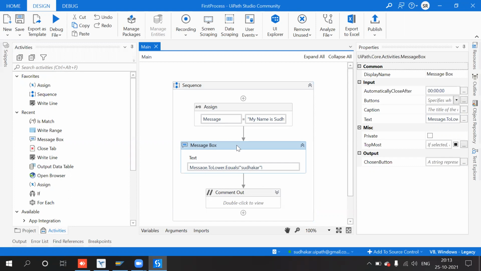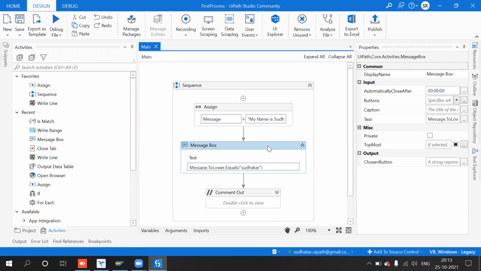But this will not be used in real time, because automation works in the sense that no one will be there in the production machine where the production bot is running. Otherwise, if somebody has to look into how it is running, then there is no difference from the manual process.